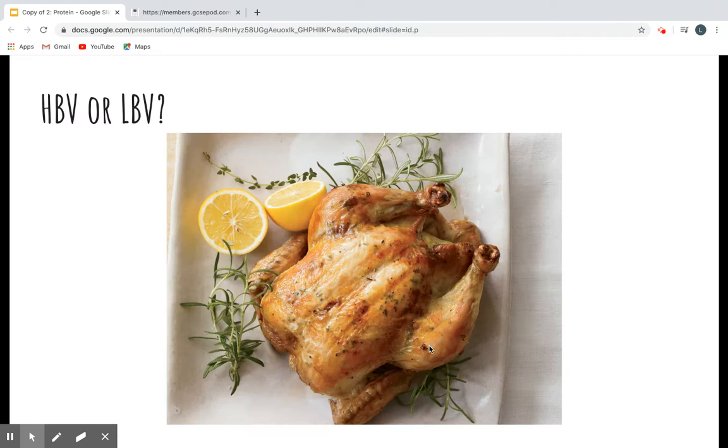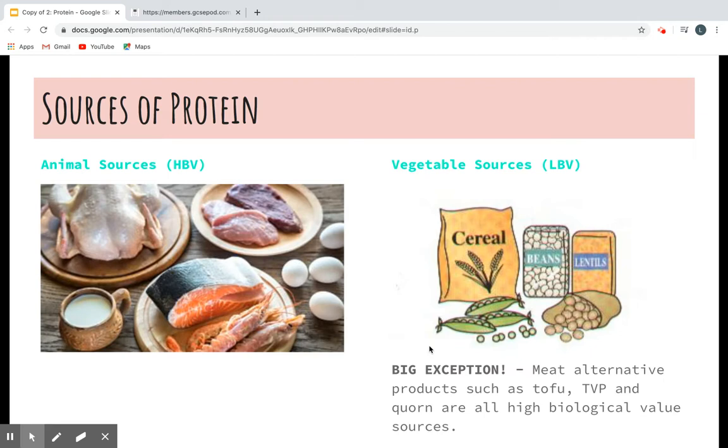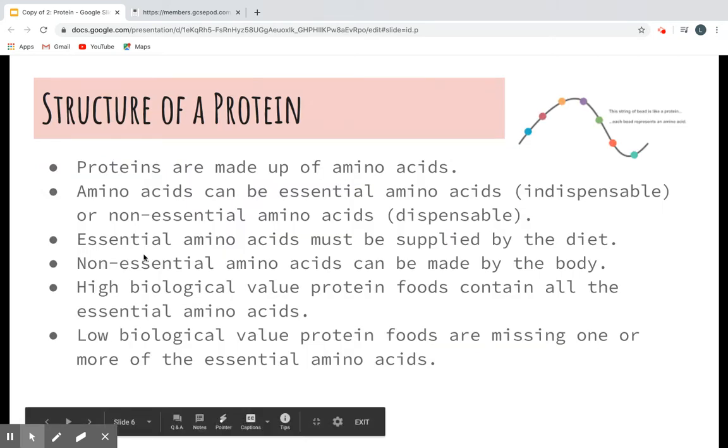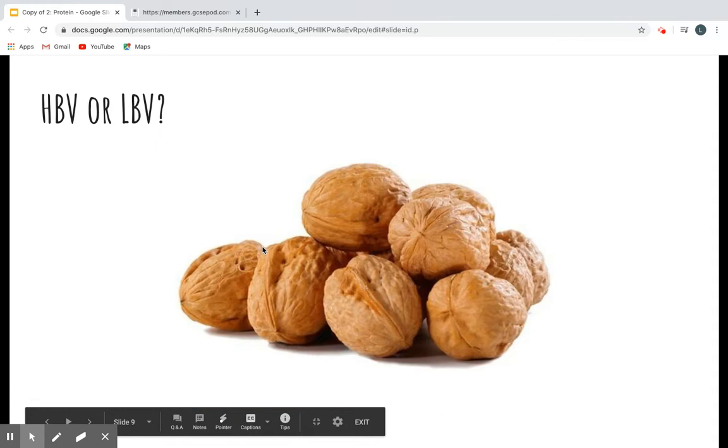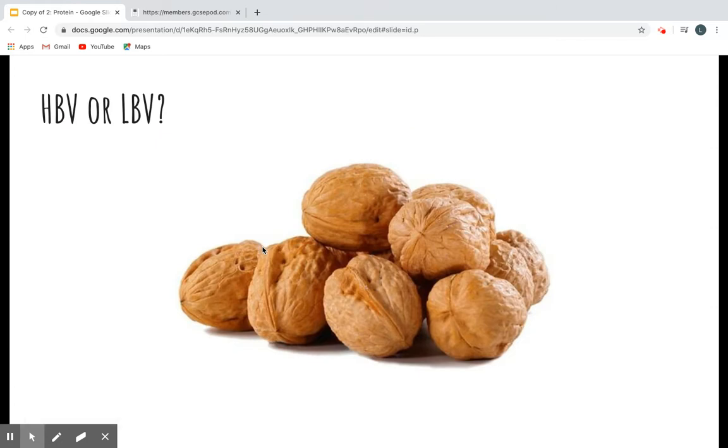Okay, so to test your knowledge then, do we think, and you don't need to write this down, but do you think that chicken is high biological value or low biological value? Correct, okay, hopefully you got that right. It is high biological value because chicken is an animal source that contains all of these essential amino acids. Okay, we've got some almonds or walnuts, I'm not sure what they are, but they are a plant source. Is that high biological value or low biological value? They are low biological value, okay? They're a plant food source. They would be missing one or more of the